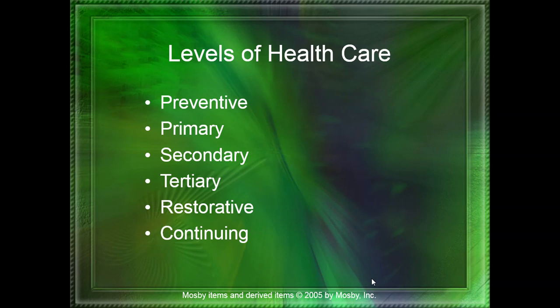Or day surgery, those kind of things would be your secondary care. Tertiary care is going to be more intensive, like ICU, longer term care, step down units after a hip surgery where you're staying there a little longer for continued care. Long term acute care facilities are called LTACs. Long-term acute care facilities, those would be considered tertiary places where once you've been released from the hospital, you go there for a certain amount of time